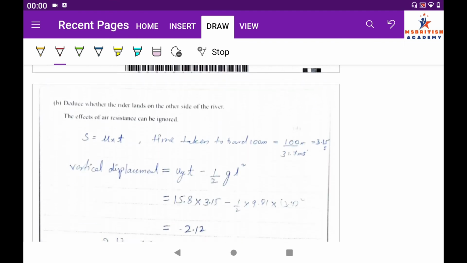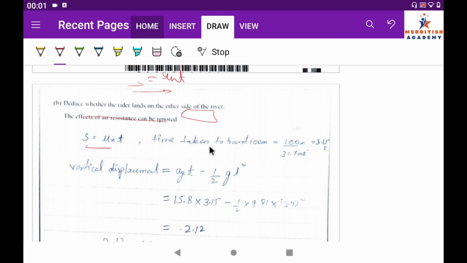Deduce whether the driver lands on the other side of the river. We have to check whether it will land or fall into the river before it lands. The effects of air resistance can be ignored. So as it moves in the x direction, the distance should be ux into t. So s is equal to ux t,